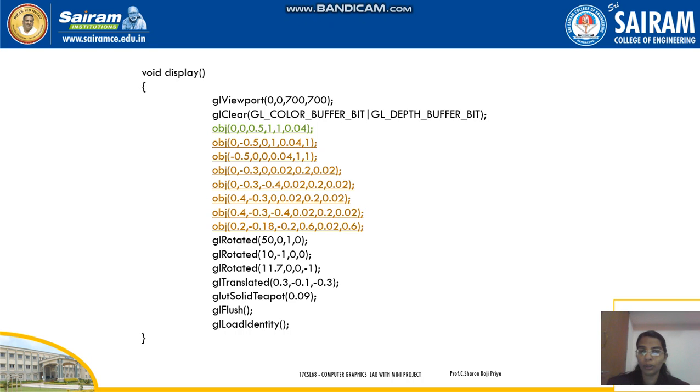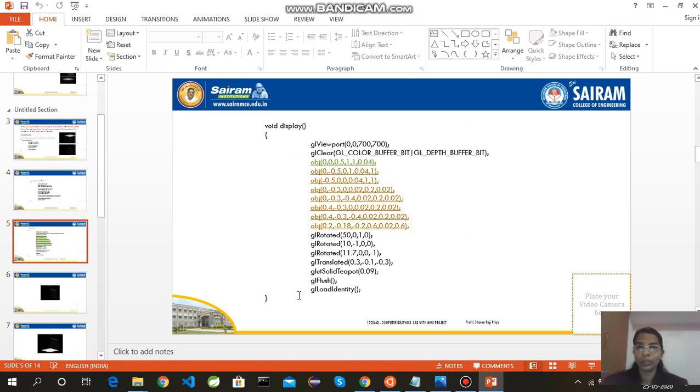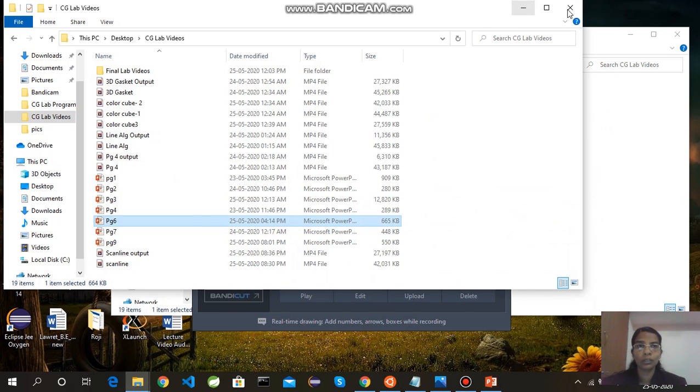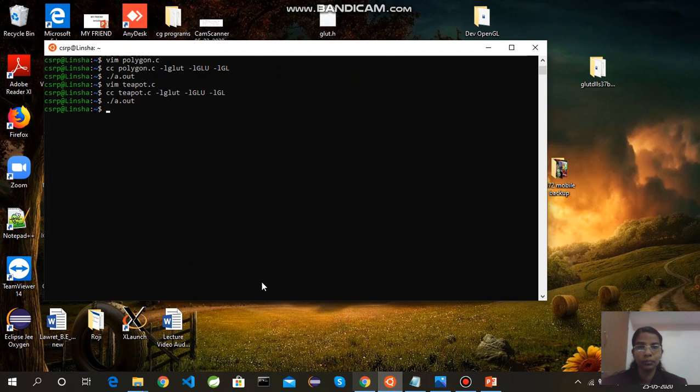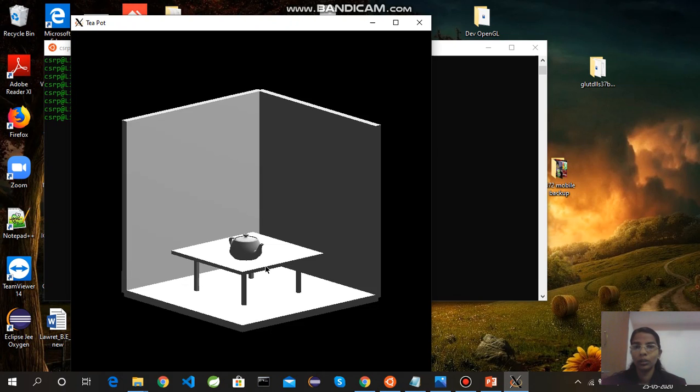So this is all about your code. We can see how it runs. I have compiled it. Execute. You'll get your table. So here in this portion, I have this lighting effect. This ground and the tabletop, no lighting effect. I have not specified lighting effect. Only for the front portion I have specified the lighting effects. Hope you can understand.